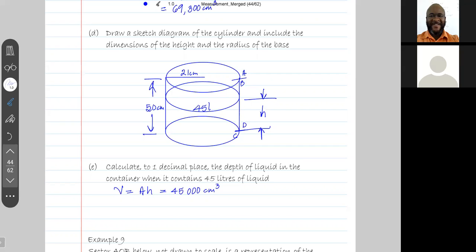Now, the height of the liquid we don't know, but we know that the volume of the liquid is 45 liters, which is 45,000 centimeters cube. We know that the area of the liquid is the same as the area of the container. So this is 1,386 times the height is equal to 45,000. If I divide both sides by 1,386,